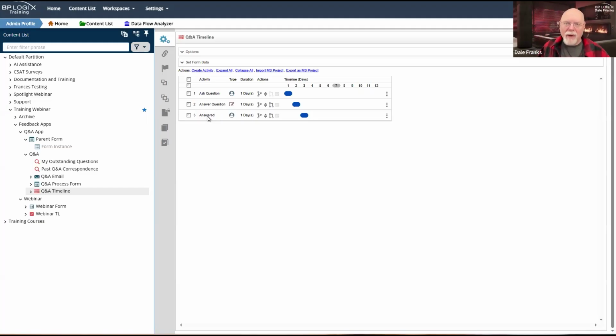So they now have a task in their task list that says, hey, your question has been answered. What do you want to do now? They can then open the question. As we saw previously, there's a done button they can click that completes their task. That ends the entire question process, and we're finished. But do note that because we're invoking the timeline first,